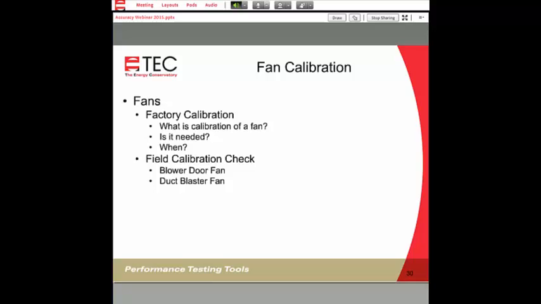Does the number of uses affect calibration or just time? It tends to be just time. So whether someone's taking 5 readings a day or 2 readings a week, it seems to be over time that is the real effect of what affects calibration.